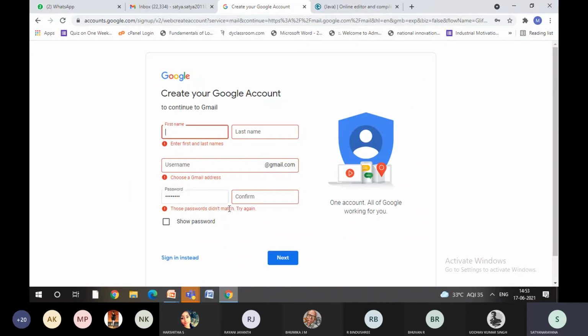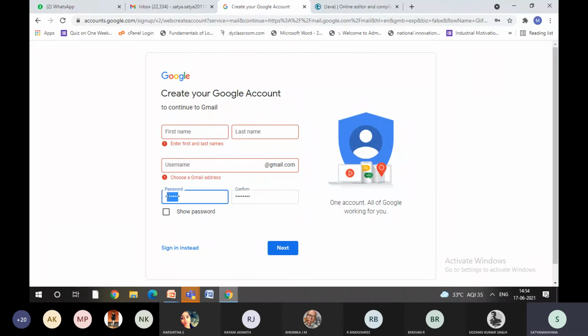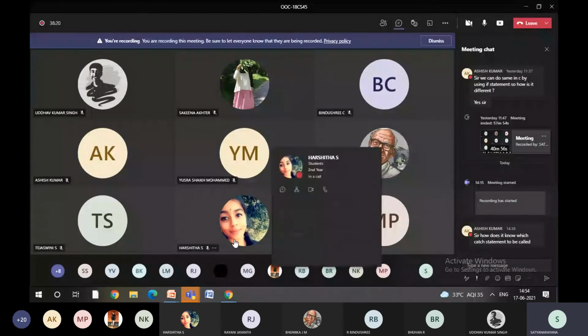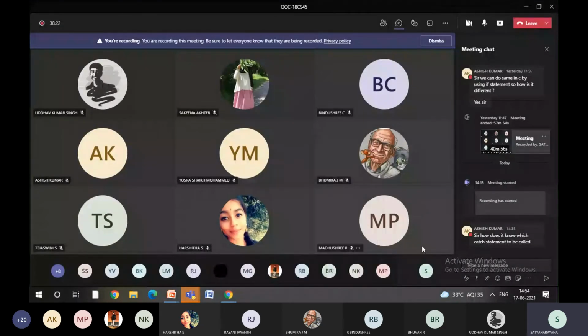This is the work of the default exception handler. But who will give the solution? So I'll just pass 3, 4, 5, 6, 7, 8. I'll say next. Now you can see the moment it is matched, it is telling nothing. Okay, it is matched, you can go ahead. So just to display the messages, we'll use the default exception handler. If you want the solution, you need to go for the catch block.